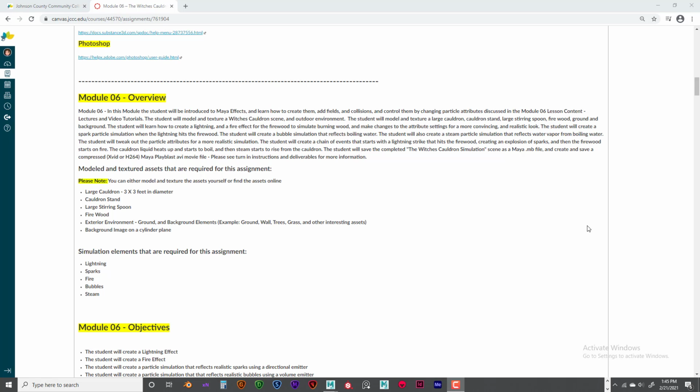Student will create a chain of events that starts with a fire strike that hits the firewood, creating an explosion of sparks, and then the firewood will start to burn, so catch on fire. The cauldron liquid heats up and starts to boil, which causes the steam and the bubbles. So you probably want to do the bubbles. You can have the steam come up too at the same time if you'd like, and the steam rises up